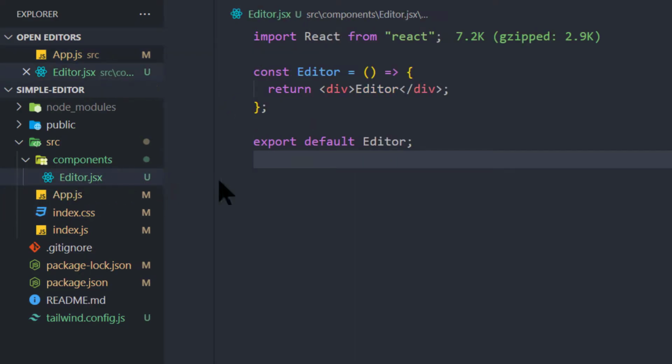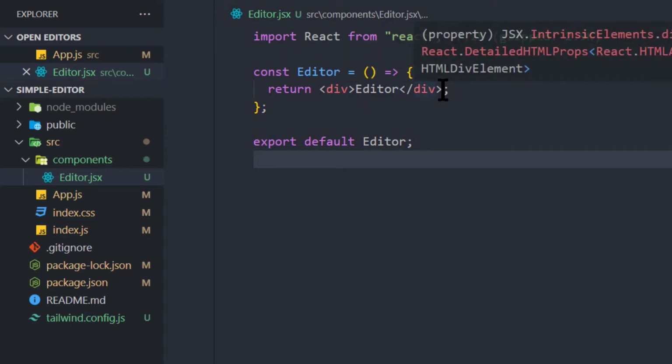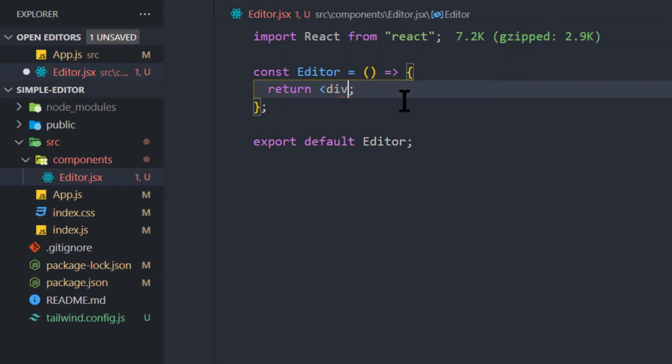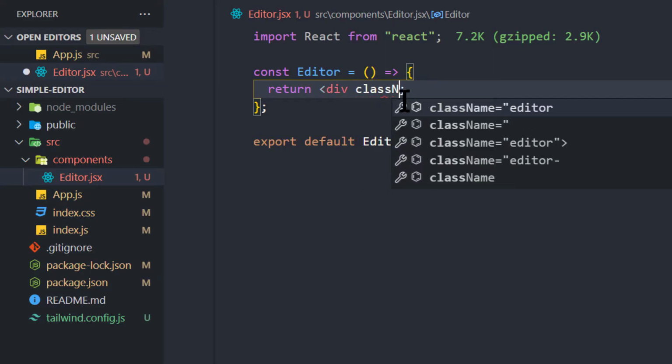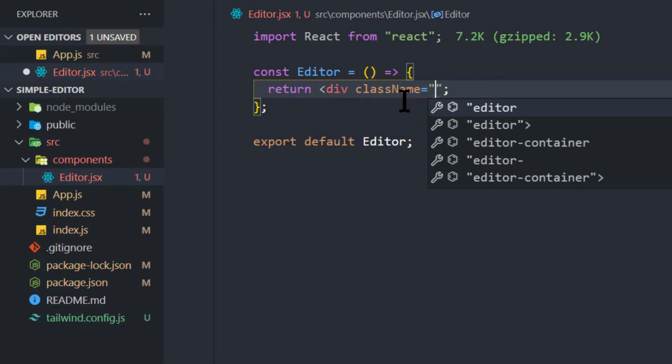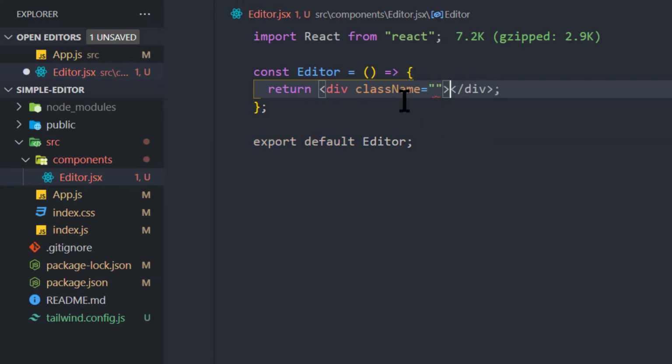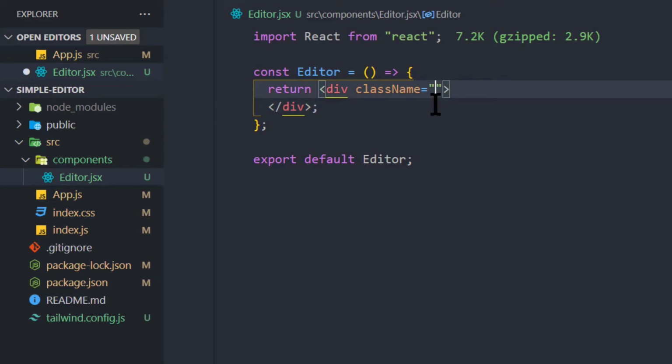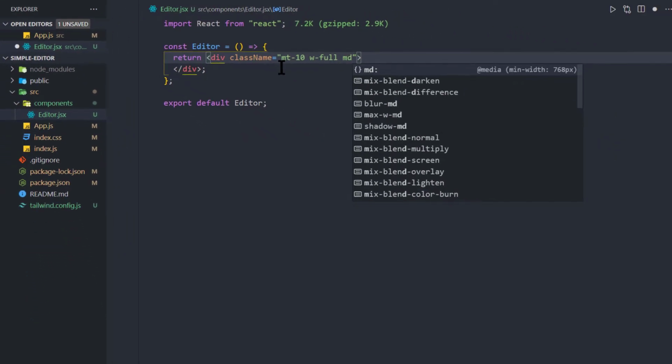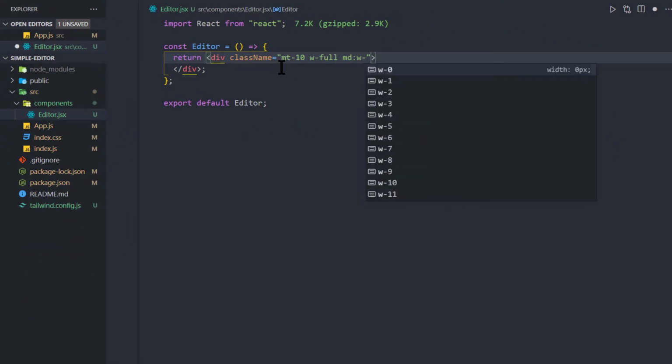So let's navigate back to our editor component, and we're going to first style our editor component using our Tailwind CSS classes. So let's go ahead and remove the text here, and we start with className equal, and we're going to use some of our Tailwind CSS classes. So within our quotes, we're going to start by typing mt, which stands for margin top. Then we do a width of full,